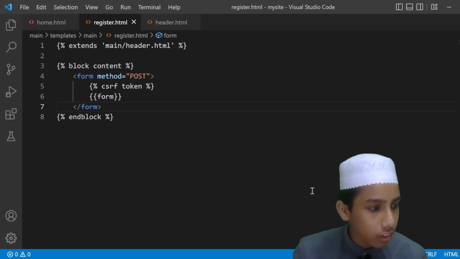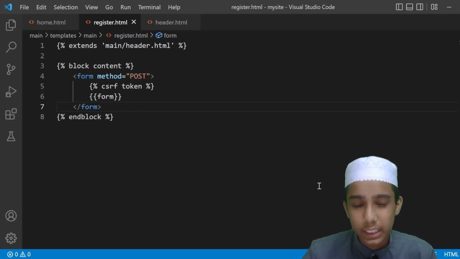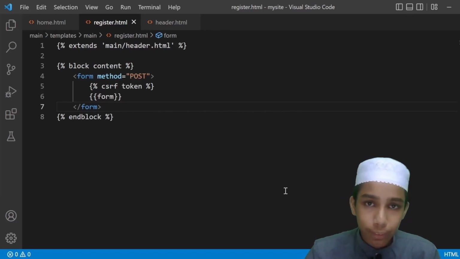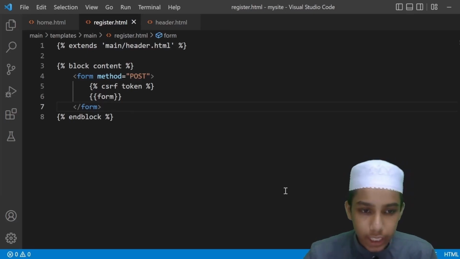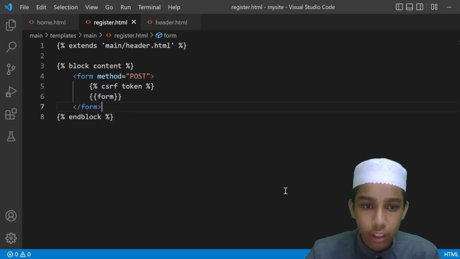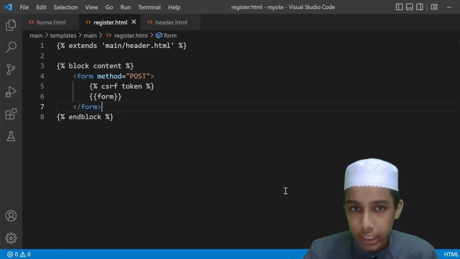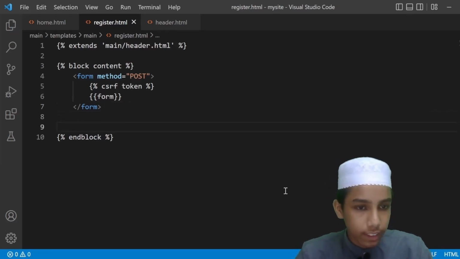And one more thing I want to talk about is, if you see in some websites, when you open that website and want to log in, you will be getting something like, do you have an account, or you can log in instead. So I want to have that one. So I'm going to give here,